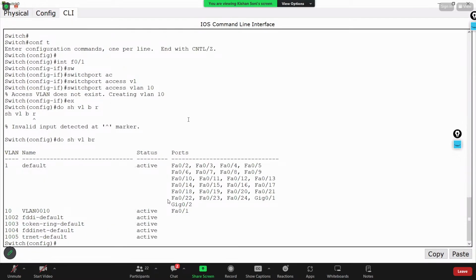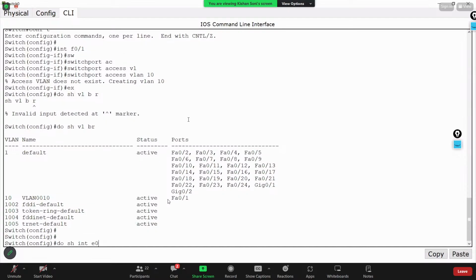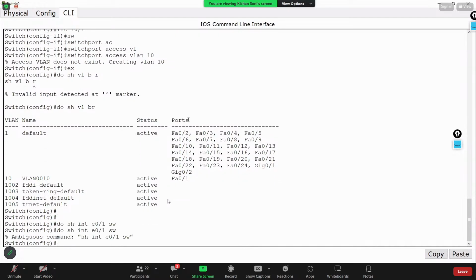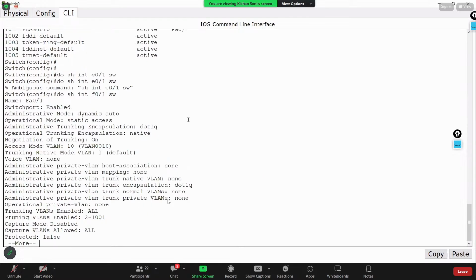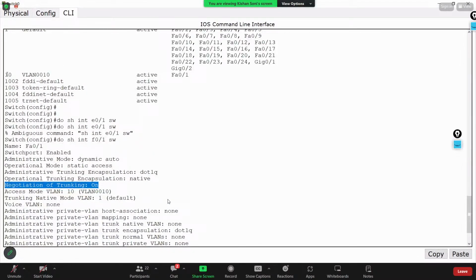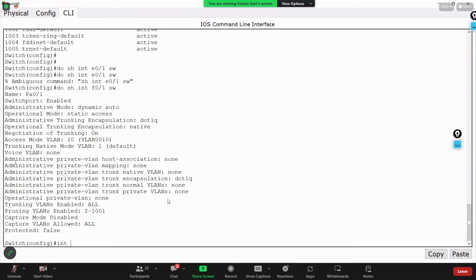Another thing: do show interface E0/1 switchport. Sorry, my bad. Still on. I made the command, right? Still on. This means that anyone can perform an attack now. What can I do? The best way is